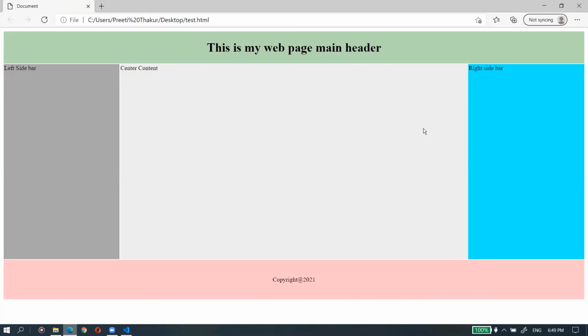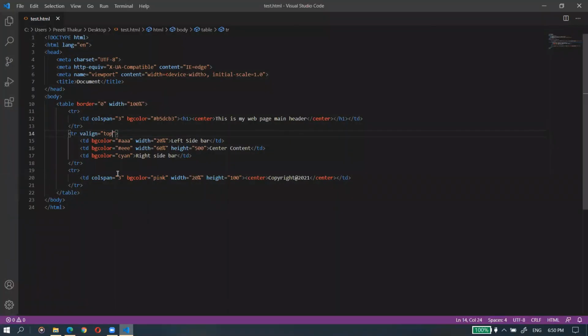So in the data you can put anything. You can make this footer moving from left to right, or you can make this left sidebar a hyperlink. So let me show you how you can do it. So this is the data.